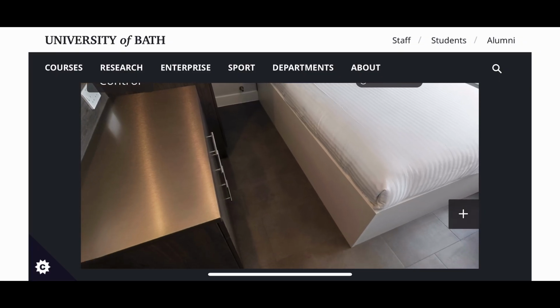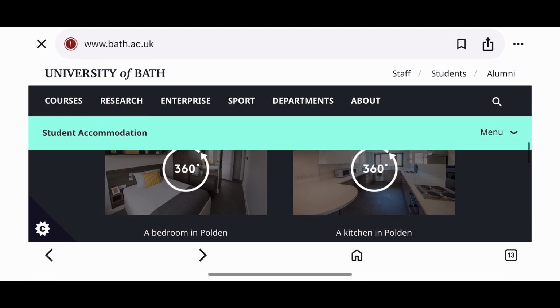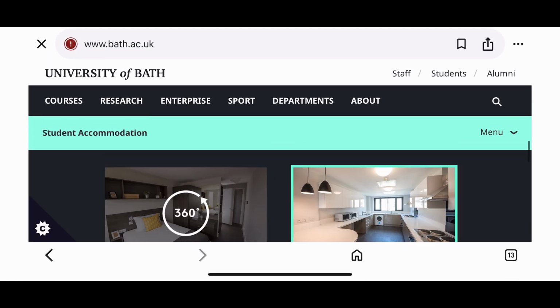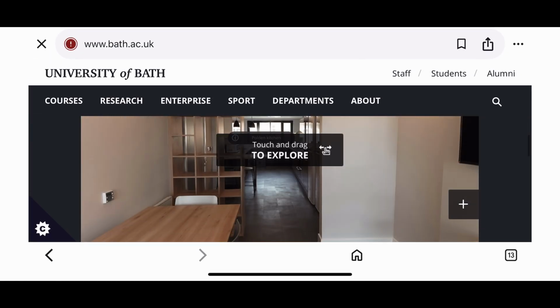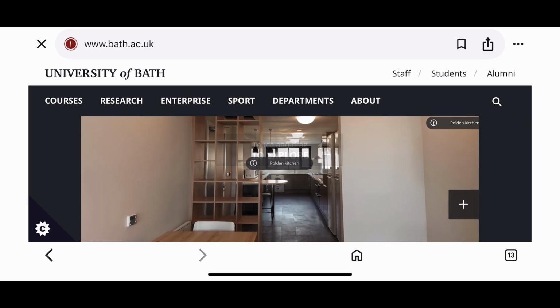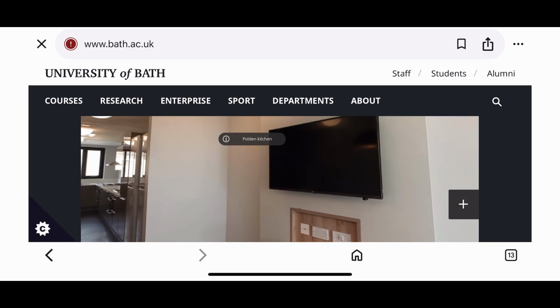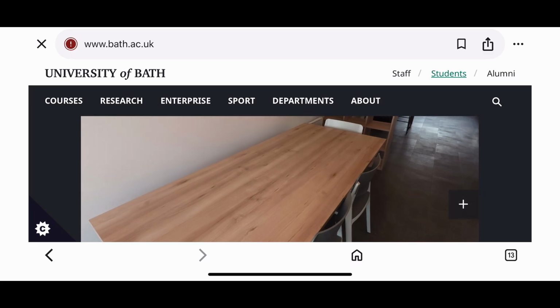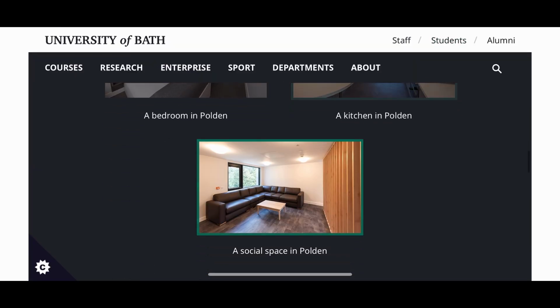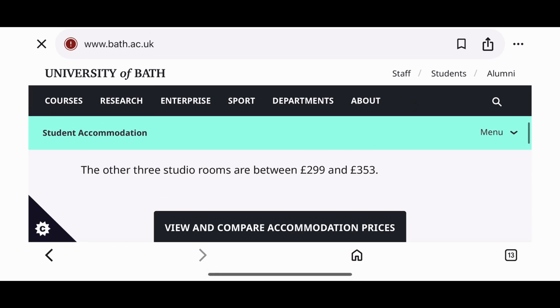There are hooks there, there are drawers, then you can see the kitchen. This really helped me a lot to visualize and to understand how it will look. So this is the kitchen. It's a newly built accommodation, so it's all neat and clean.